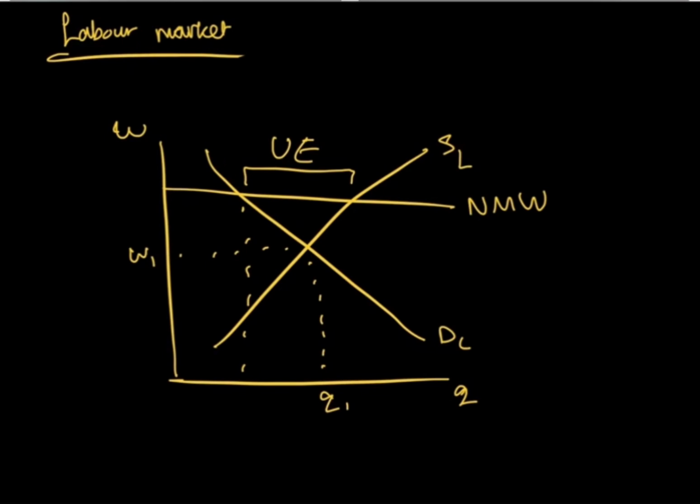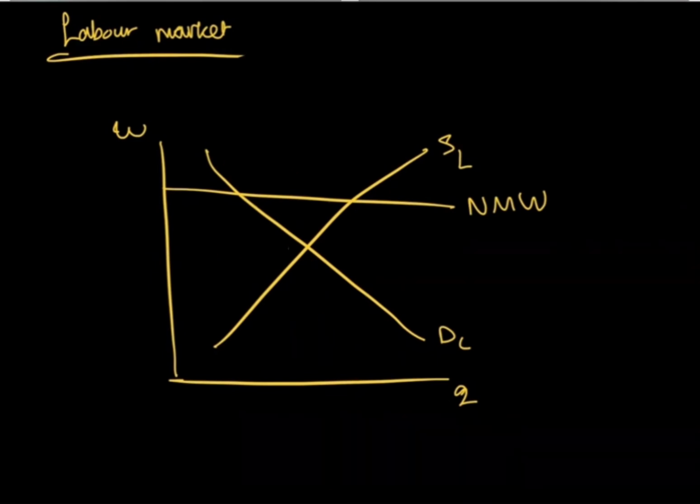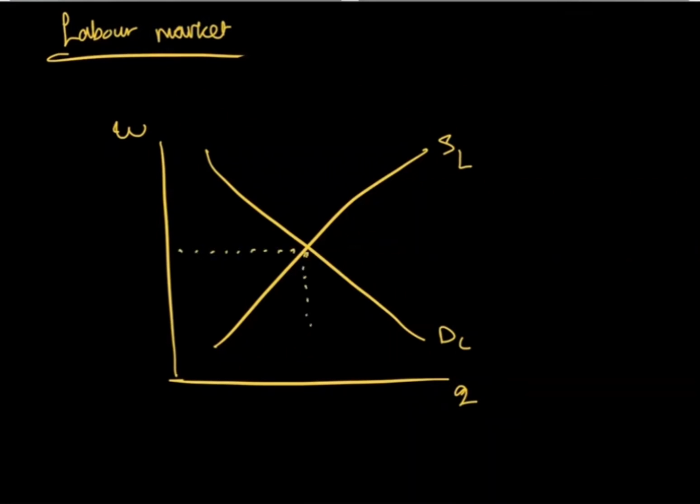Do you get why? Is it because it's at equilibrium? Yeah. There might be more people who want to work, but at that specific wage, there won't be anyone who wants to work who doesn't have a job. If that's £10, and that's 100 workers, all the 100 workers who want to work at that wage get their job. So if you want to work, you have to reduce what wage you're willing to work at.